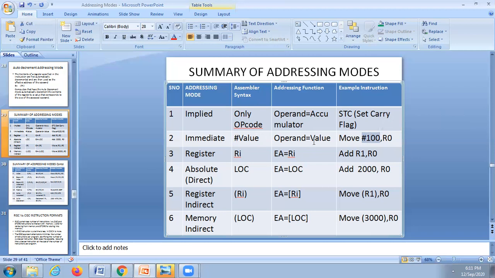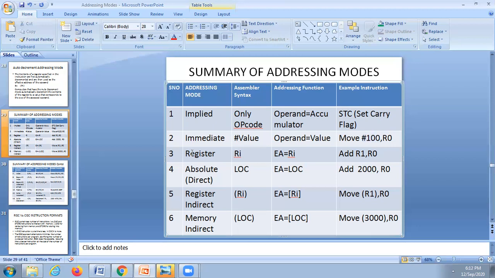Here the operand is the value. The data is directly available in the instruction, and it has to be applied with the other operand. One operand is direct, already available, and another operand is in a register. Then you can apply the operation on these two.